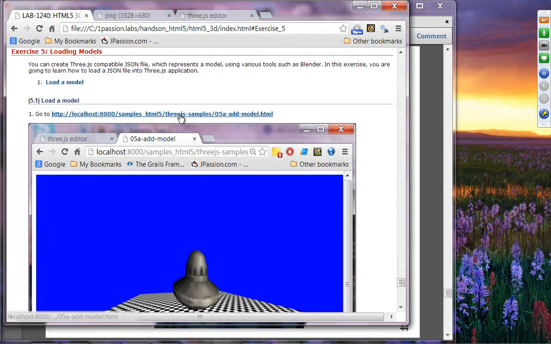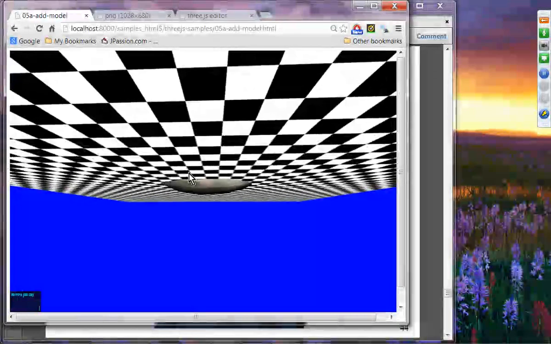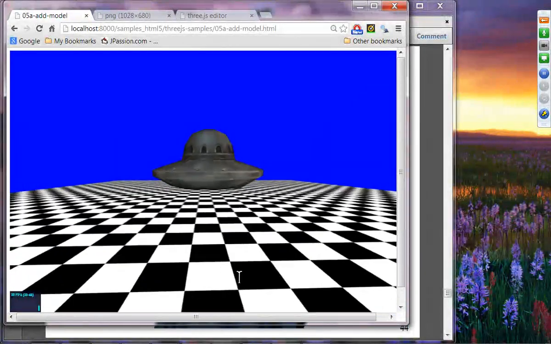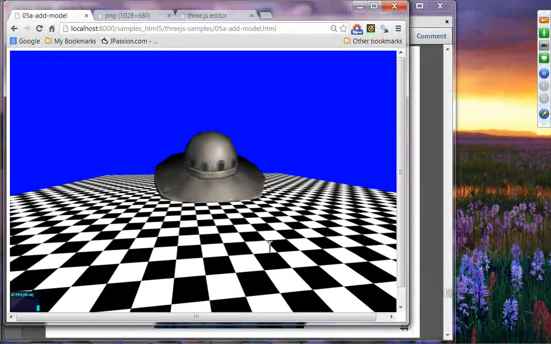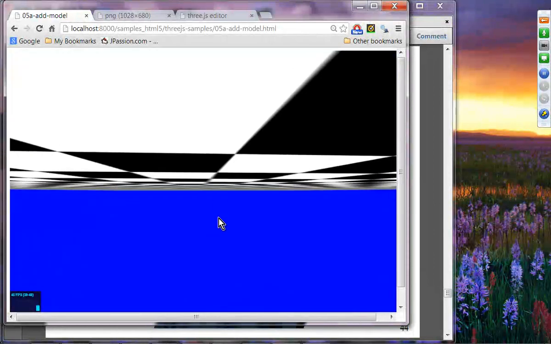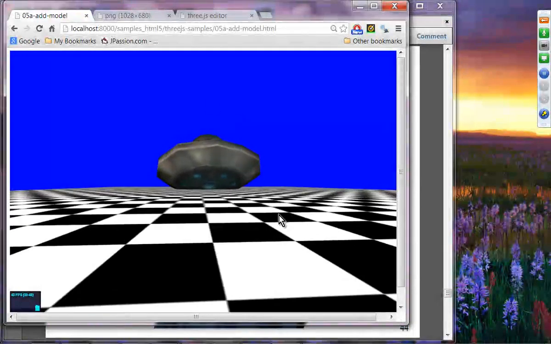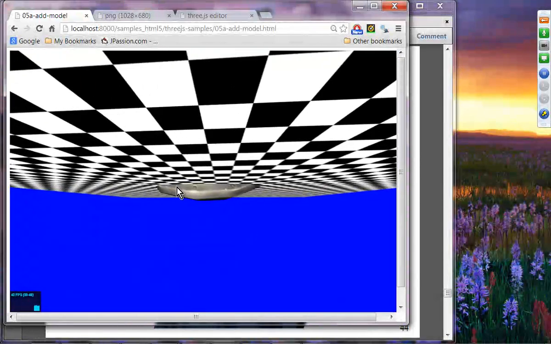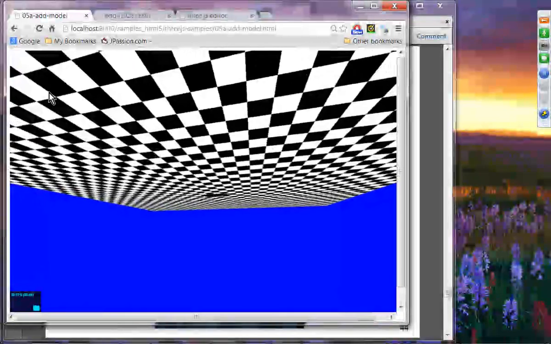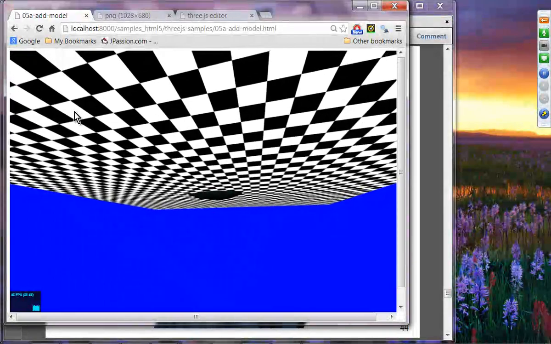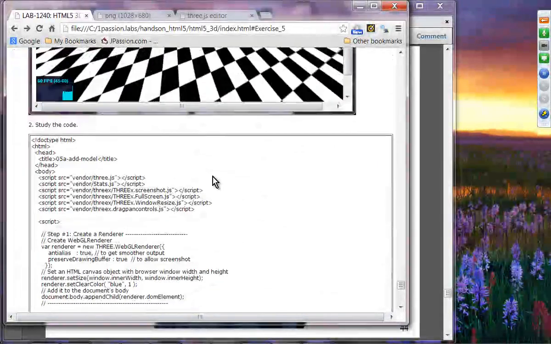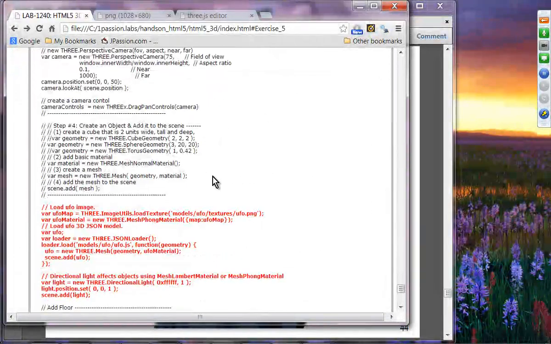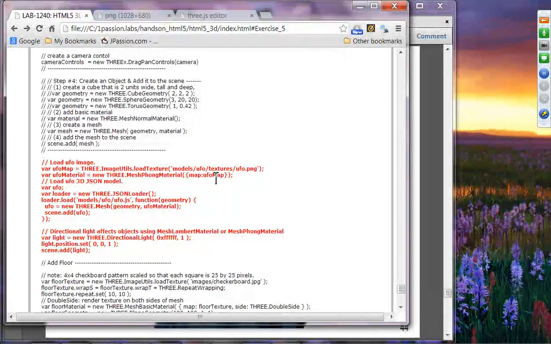So in this case, if you run it, you are going to see this spaceship object, which I borrowed from, I forgot where it was, actually being loaded on the screen, on this rendering screen. So this file is actually a model that we have imported, loaded into this application. If you take a look at the code, this file is actually in the form of